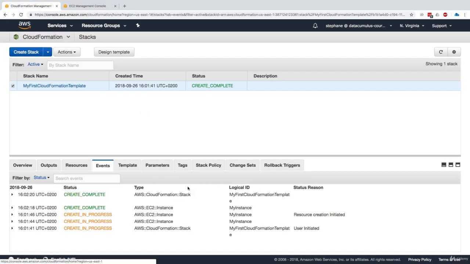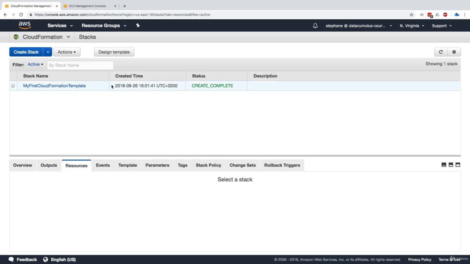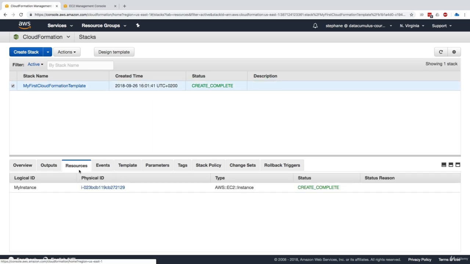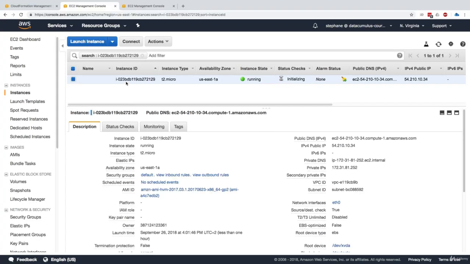Okay, we have 2 more events available to display. So when the create is in progress and it's completed, it says create complete, all green because things worked, and because all got created within my template, I get this nice little create complete status. Now, if we look at resources, resources is going to be a summary of everything that was created for your CloudFormation template. So we have my instance, and it has a physical ID. And so if I click here, I get teleported straight to my EC2 instance into the EC2 UI, which is quite nice. And that happens for a lot of resources as well.